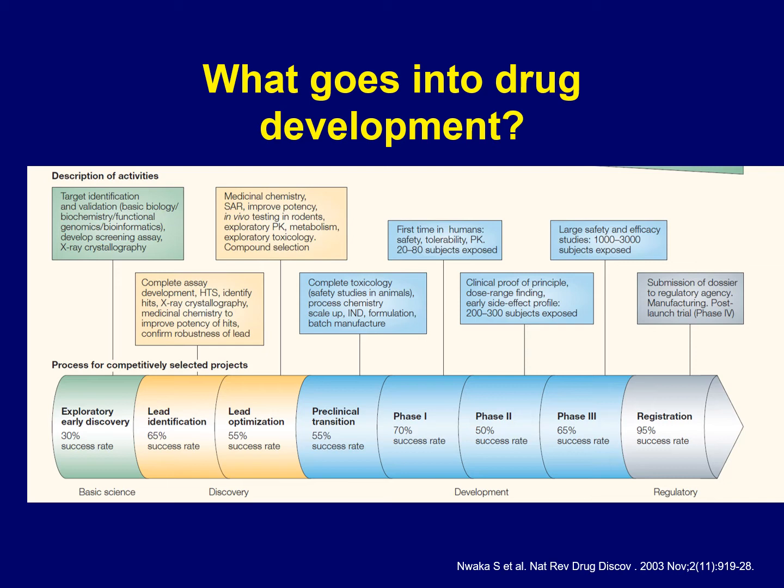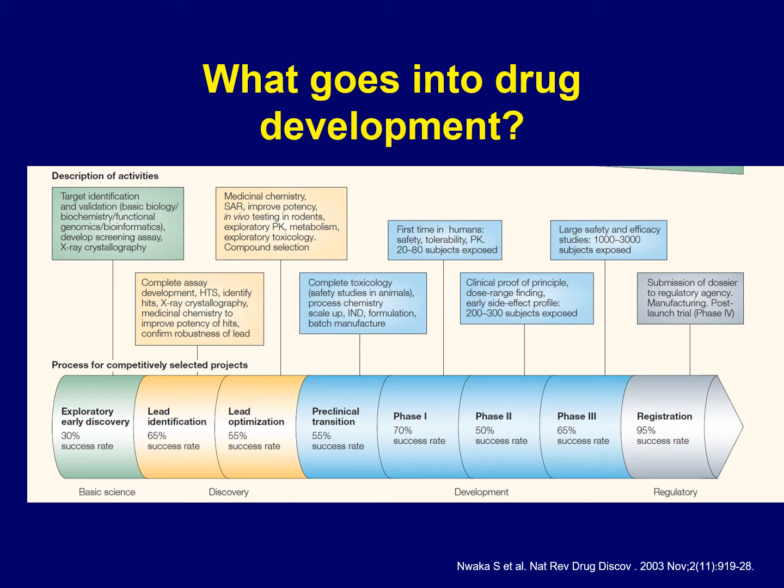And then we get to phase three, which is large scale safety and efficacy studies. For a drug, this is typically at least two large phase three clinical trials, where thousands of people are exposed. And then, like I said before, there's a registration phase. In the US, we have the Food and Drug Administration, with similar processes elsewhere, like the European Medicines Agency. And we get eventually to approval, manufacturing, and